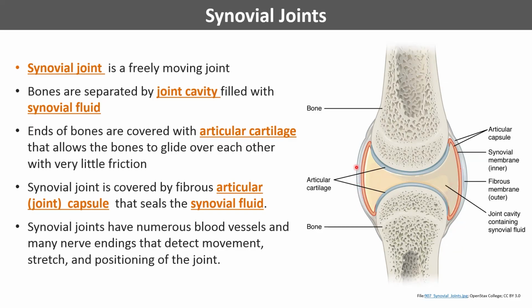So the movement is very easy and free. This type of joint is surrounded by a capsule that keeps the bones together, plus it seals the synovial fluid in it. And these kinds of joints are supplied by a lot of blood vessels, and they also have a lot of nerve endings, which helps the brain to detect the movement, to detect the stretch of the joint and positioning of the joint. So a lot of blood vessels, a lot of nerve endings, except cartilage, except this part of the joint,